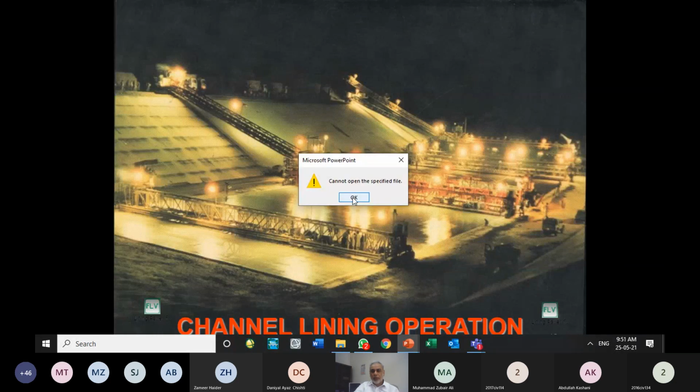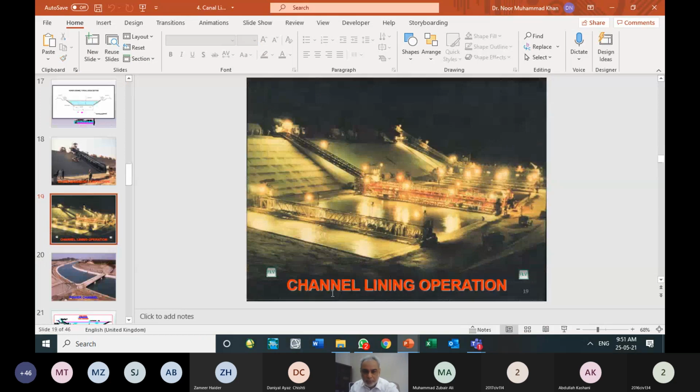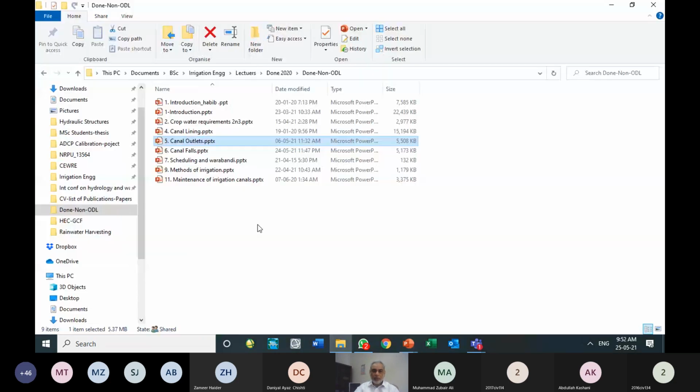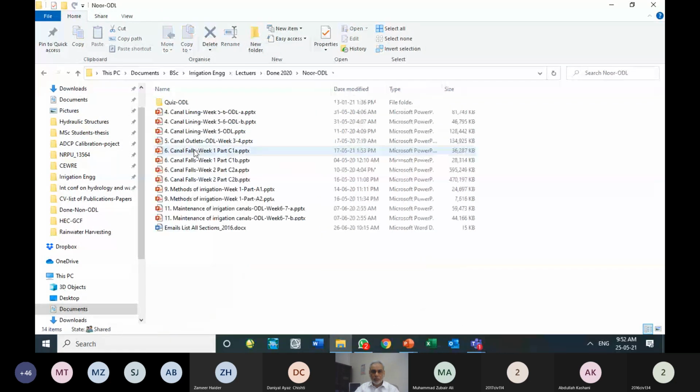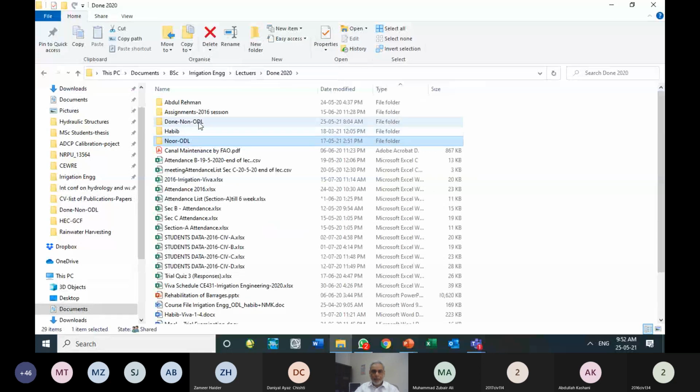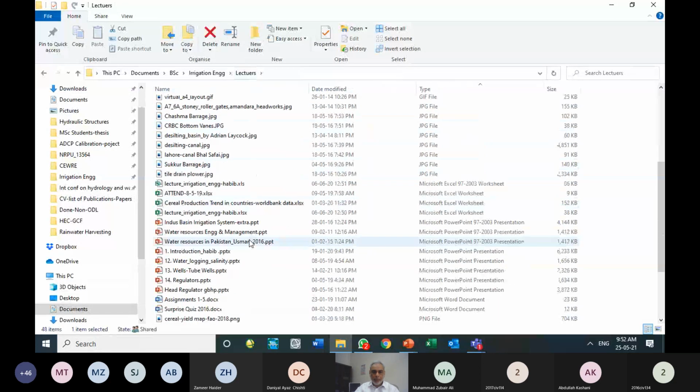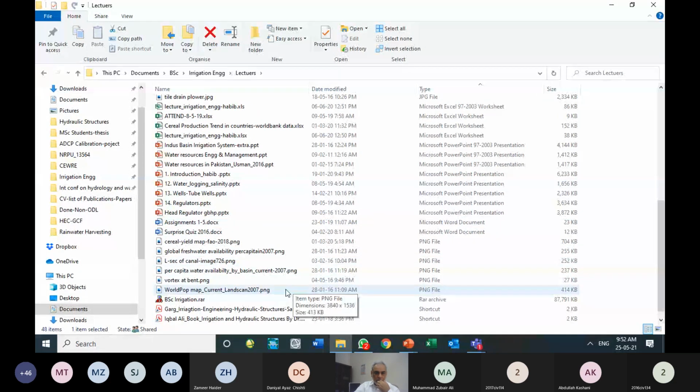Cannot open the specified file. Let me go into the file location. यहाँ पे कोई वीडियो की फाइल नजर आ रही है? नो सर। यहाँ पे कोई भी नहीं है।